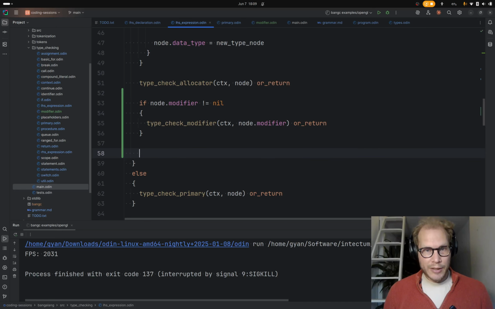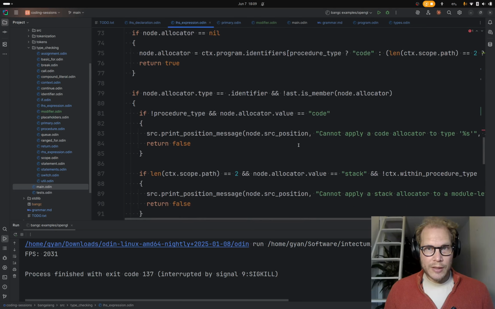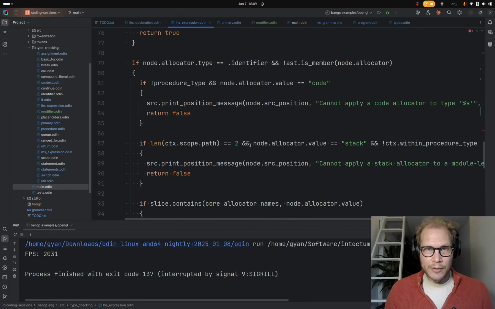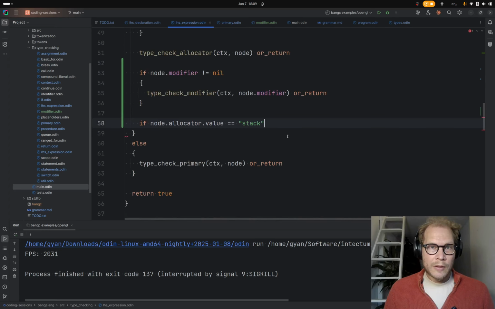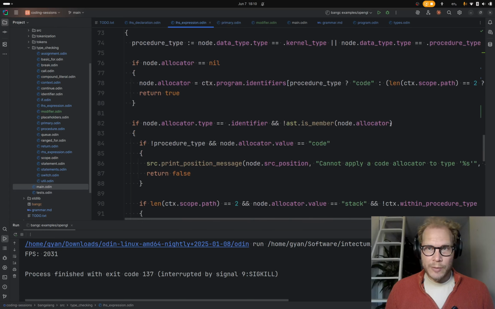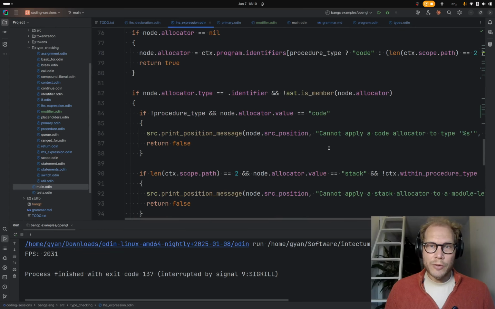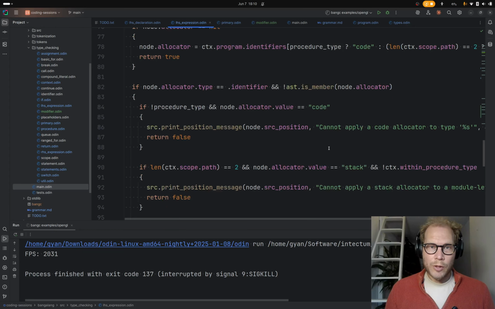And now we need to say, if we're using the stack allocator, which we also need to make sure that it's not a member. Yeah, so if the allocator is, no, so we convert it to the proper one in here, don't we?